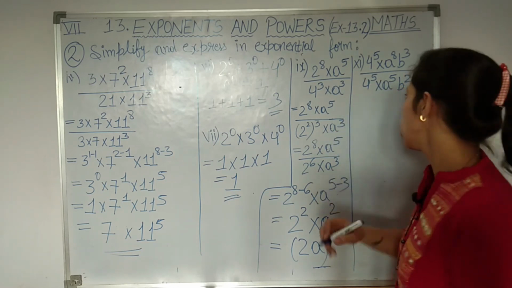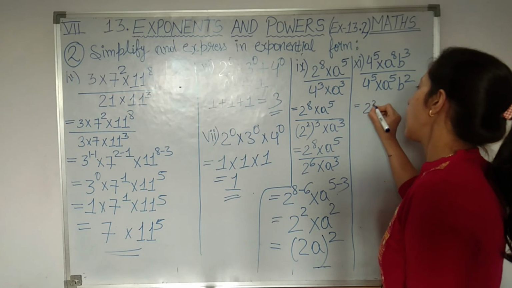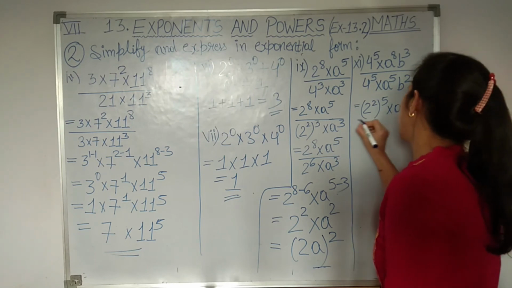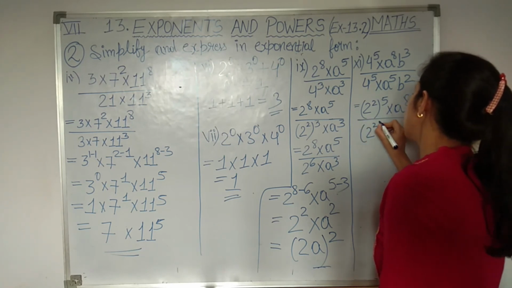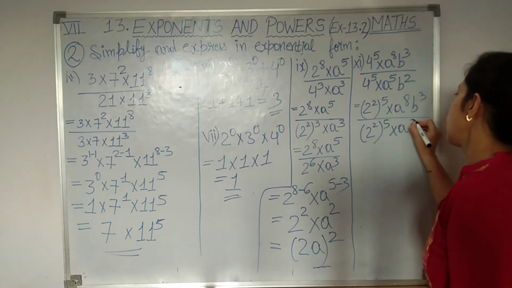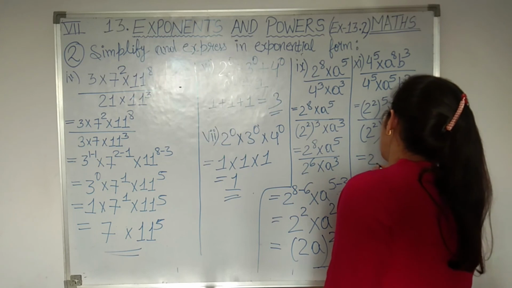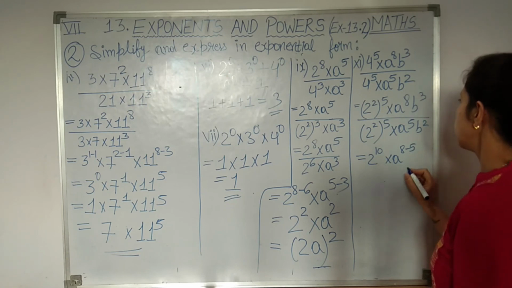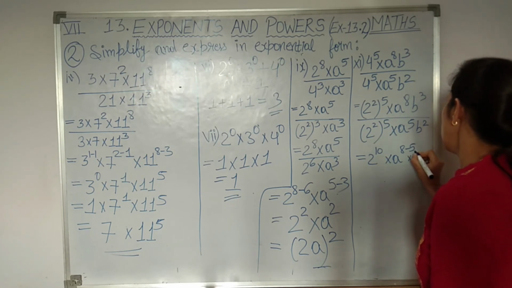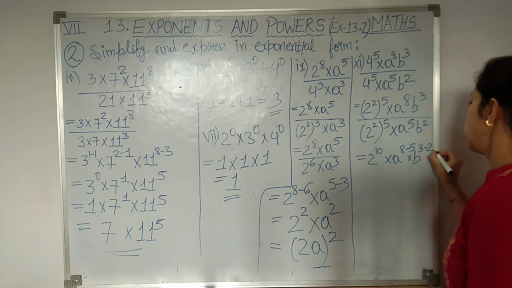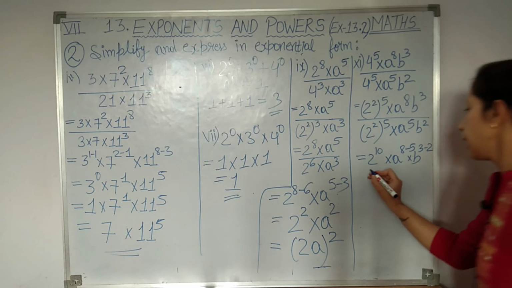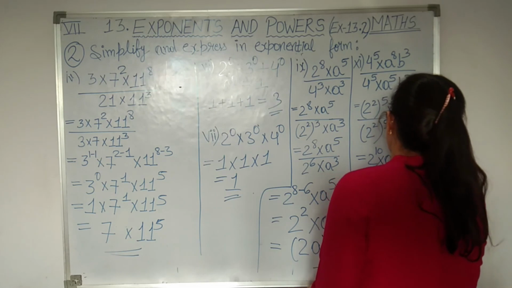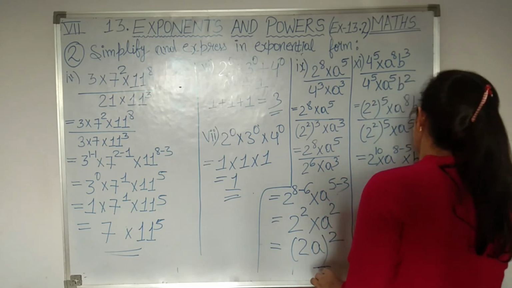Again the questions which I have left will be your work. Now 4 raised to 5, again I am going to write it as 2 square, isn't it? Now simply I am solving because I have already explained you. If you find any doubt, then you can personally message and clear it. Okay, then 2 raised to the power 10 into a raised to the power 8 minus 5 and into b raised to the power 3 minus 2. Clear, students? 2 raised to the power 10, a raised to 8 minus 5 into b raised to 3.